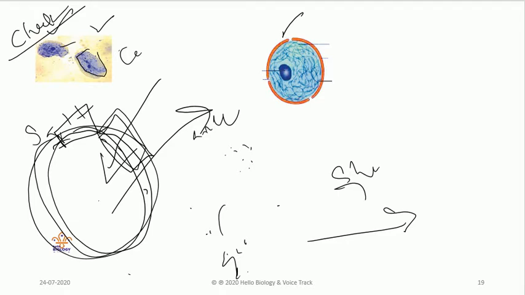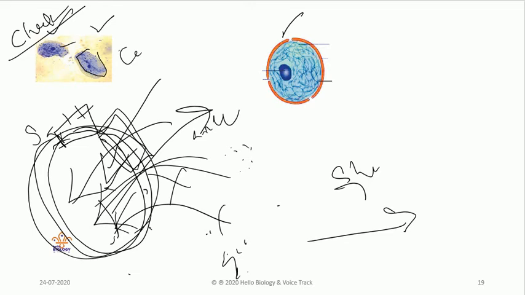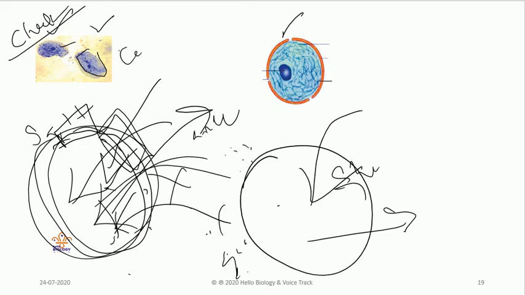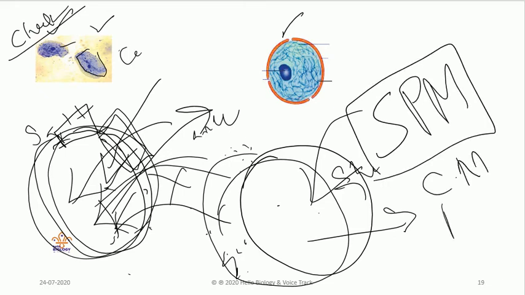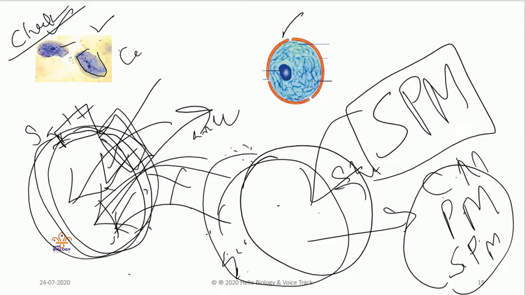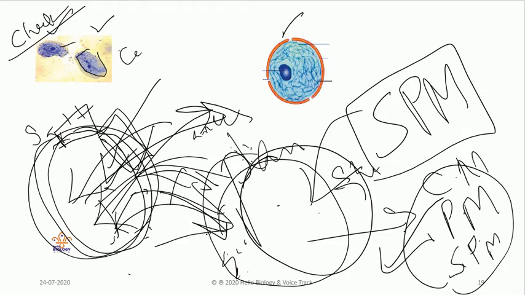The uniqueness of this membrane lies in the fact that it does not allow every substance to pass through it. It will stop some waste materials, and it will exchange only good, important materials through the cell membrane. Only those will enter the cell, otherwise they won't. The exchange of substances happens very selectively. Hence it is called a selectively permeable membrane, SPM. So the cell membrane is otherwise called the plasma membrane, and the plasma membrane is otherwise called the selectively permeable membrane. You need to remember this. These characteristics enable the membrane to control the exchange of substances between the cell and the external environment, and we will learn this in another chapter on the plasma membrane.